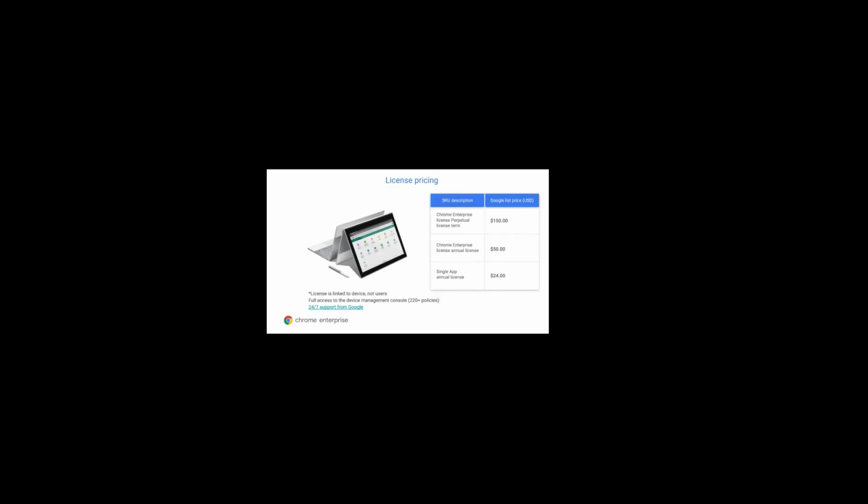So they can get a perpetual license for $150, an annual license for $50, and for times where you may have a kiosk mode set up, something like that, where you're only going to really need a single application running on that Chrome device, you can actually do a single app annual license for $24. So really